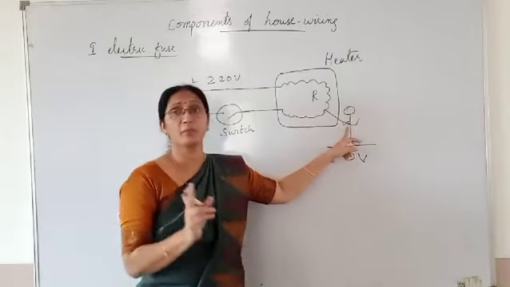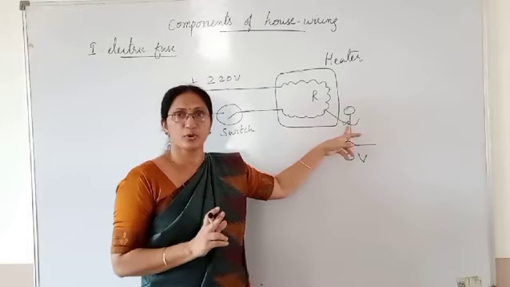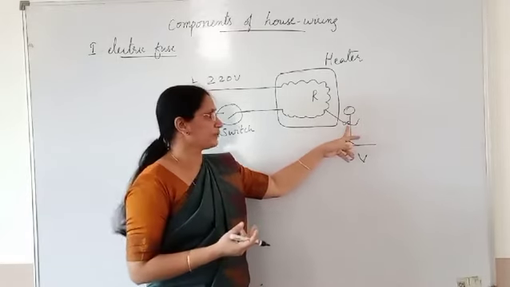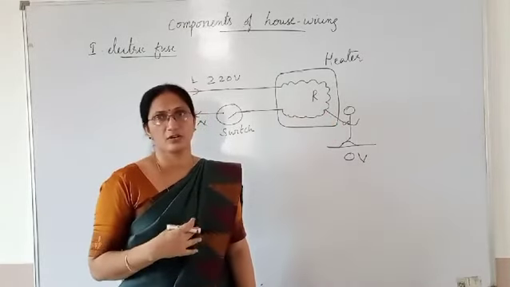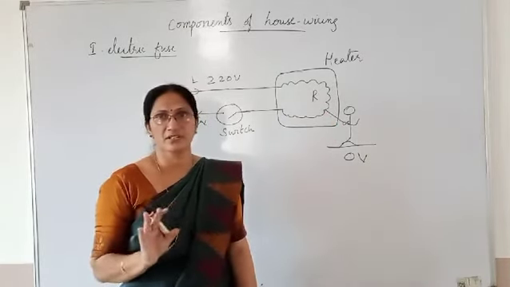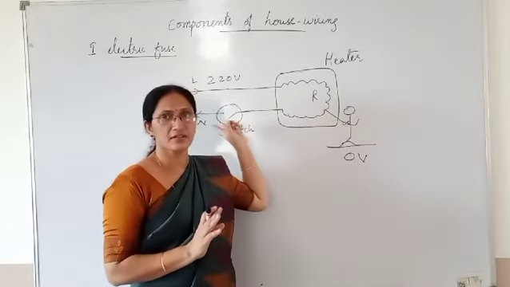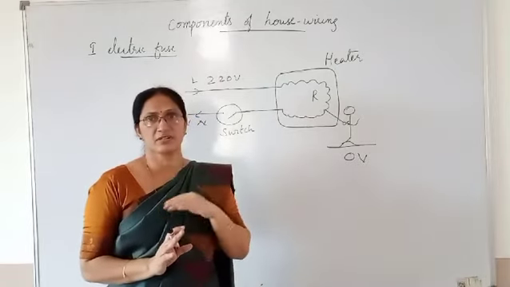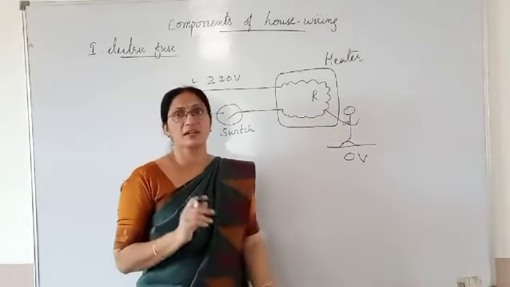The human body is a conductor of electricity. Electricity can flow through the human body; even though there is resistance, it can flow. So this man touches the coil. Will he get a shock or not? Remember, the device is not functioning since the switch is off. Current flow is incomplete. The circuit is a broken circuit and the device will not function. Still, if he touches, he will get a shock.